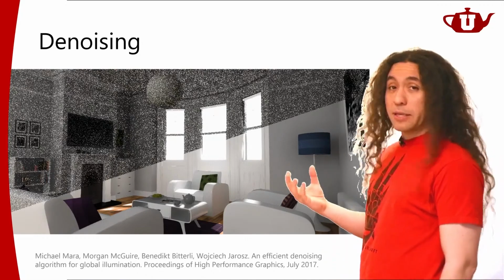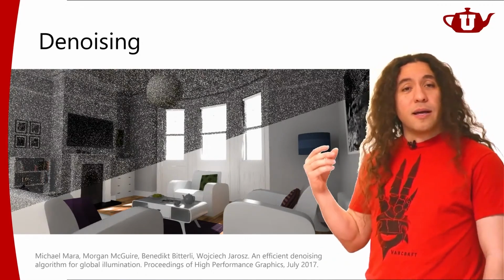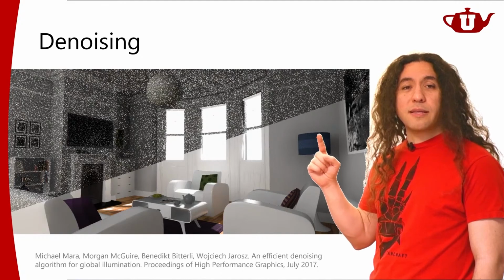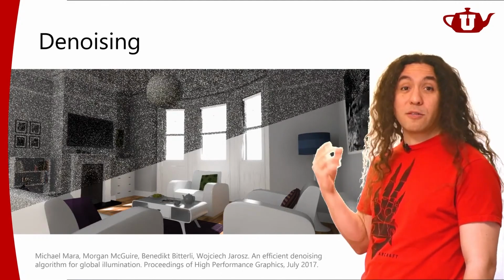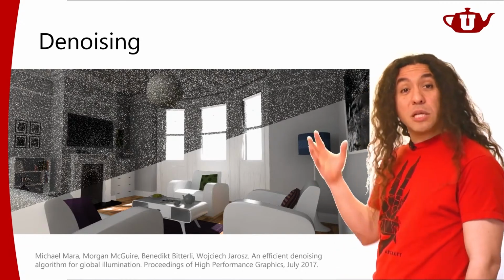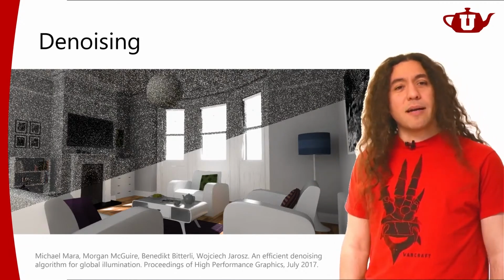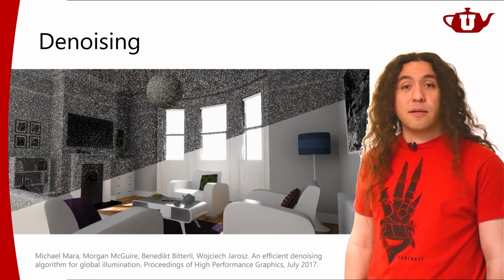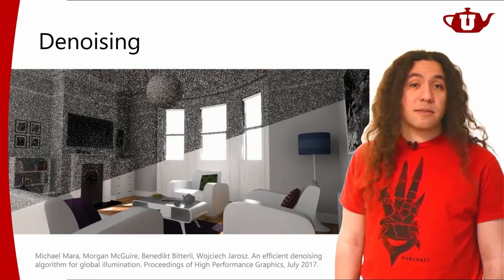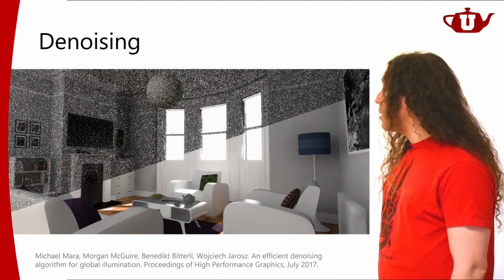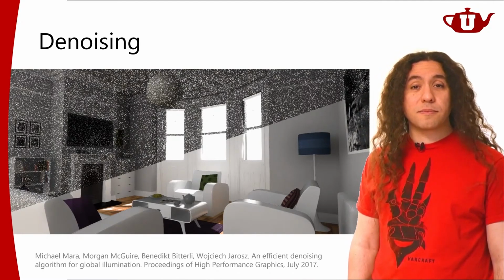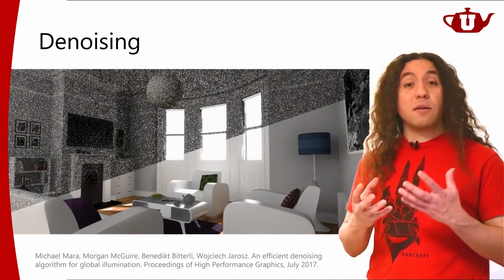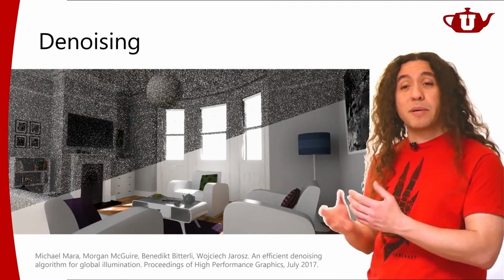If I do this carefully, that is, if I figure out where I have one object and the neighboring pixel is showing another object, if I figure out those kinds of discontinuities in my scene, I can figure out a way of using the samples of the neighboring pixels to estimate the indirect illumination for the current pixel. You just look at the neighboring pixels. So that allows you to consider more samples than what you have per pixel, because you're looking at the neighboring pixel samples as well.